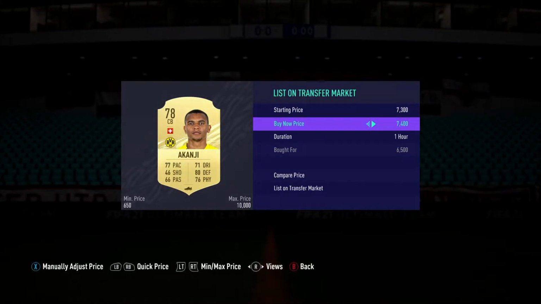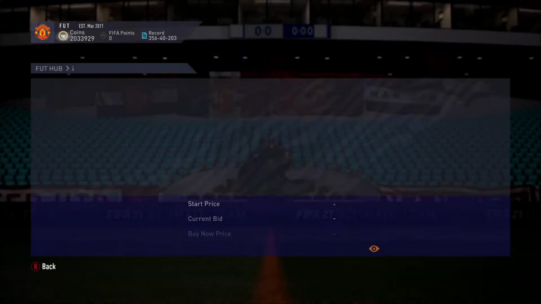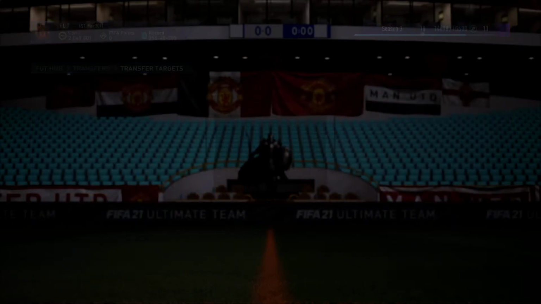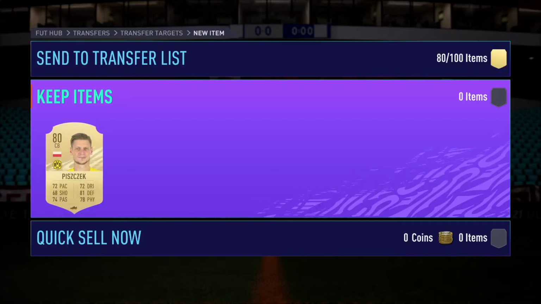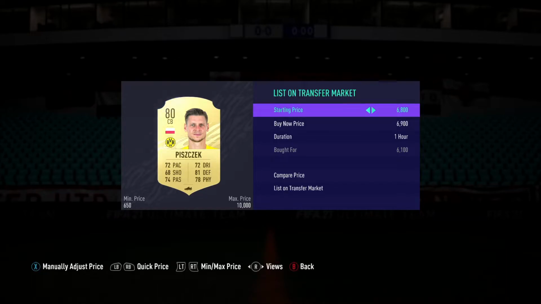7.4 that can go for as well, can't it? Let's have a look. I think they're already selling, which is not bad, right? 6.1 for that card. Obviously, that's going to be 800 coins profit there. That's more onto the profit, and that's all you're looking for, right? It's just looking for quick, easy profit. You don't want to be putting up